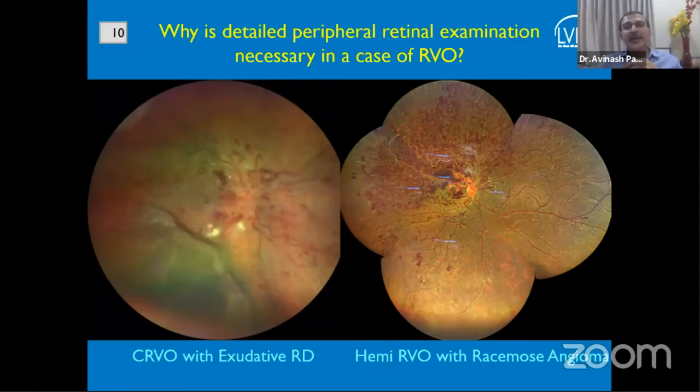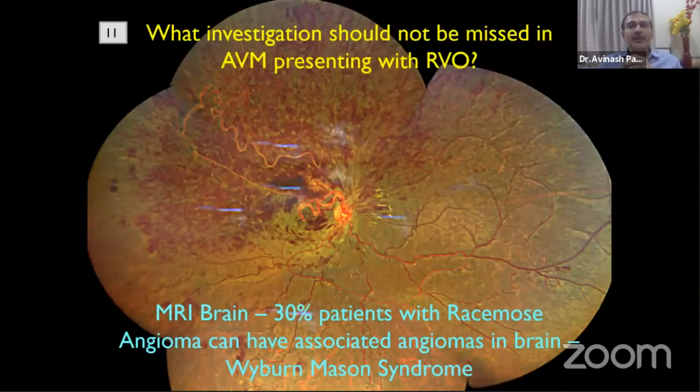Is it important to do a detailed peripheral retinal evaluation in case of retinal vascular occlusion in the young? Yes. Sometimes these patients can present with exudative retinal detachment, and sometimes we can pick up AV malformations which can cause venous occlusions in these patients. Sometimes a very careful examination of epipapillary and peripapillary loops is also important to find an etiology for retinal vascular occlusions. Having understood the various clinical manifestations, if a patient presents with an AV malformation, it is important to image the brain, because some of these patients can have similar malformations in the brain as well.